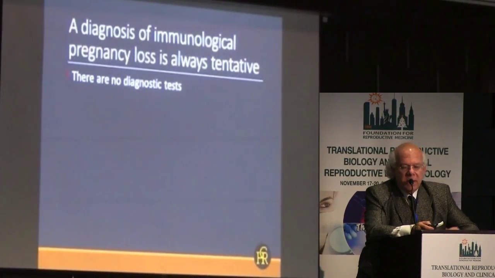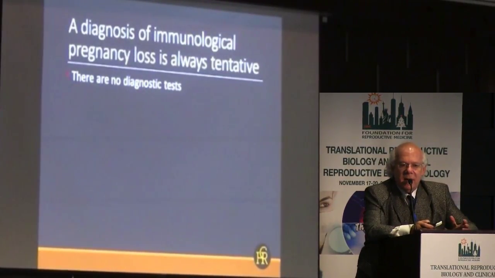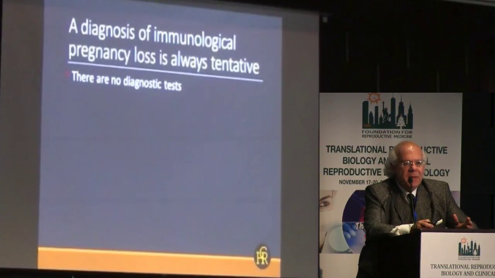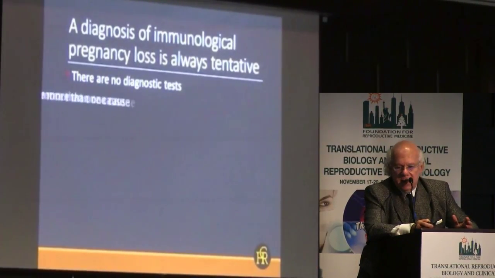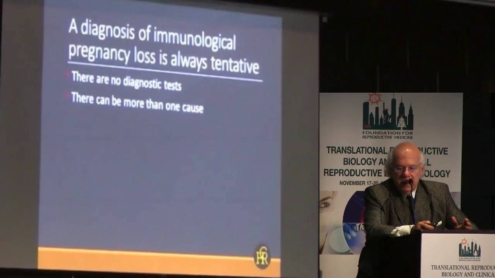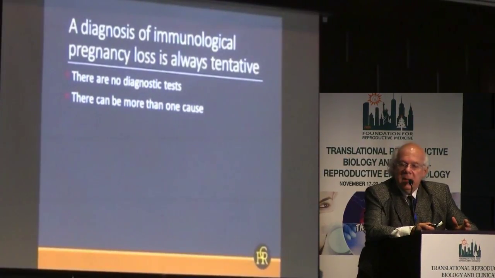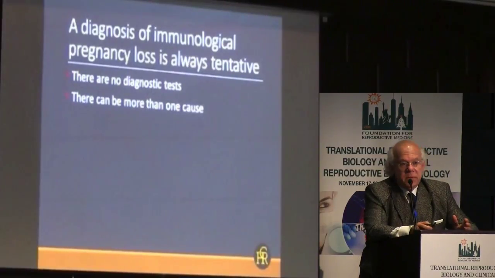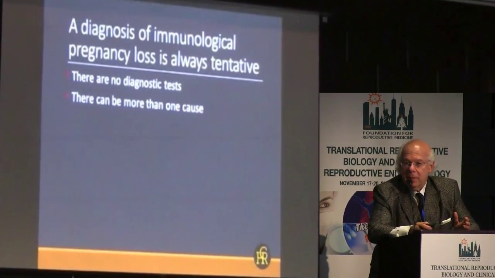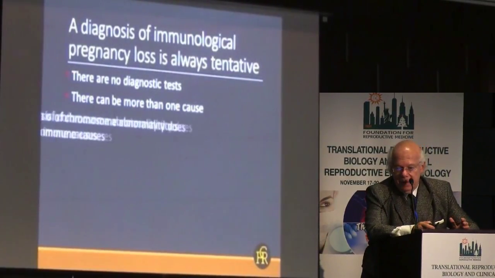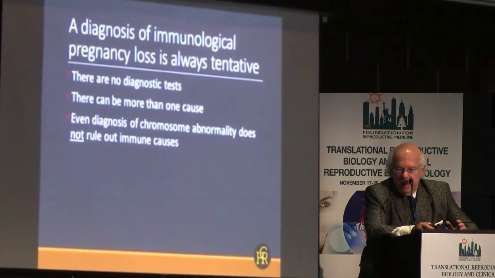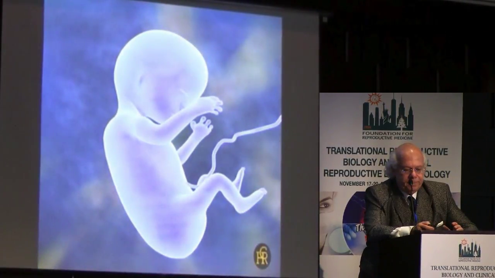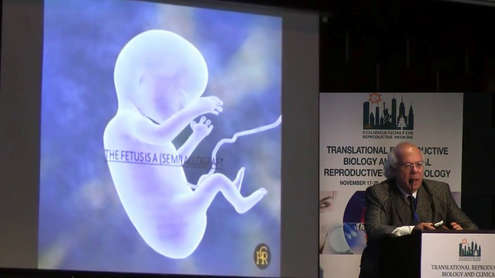So as I said, there are no diagnostic tests that are accurate. We always make an educated guess. That's as good as we can do. And please also remember that sometimes there can be more than one cause. A patient with lupus may have an unexplained pregnancy loss. And I mentioned that. Now, coming to the theme of